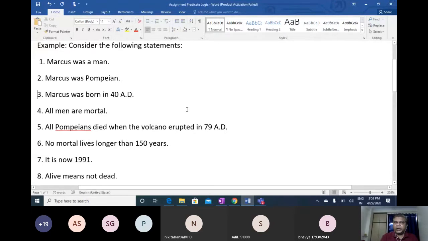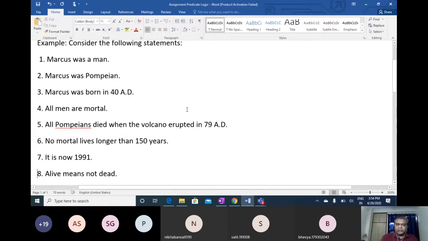Our next class will be something like a tutorial type of class where we will do this example. We will continue that class as a flipped class kind of thing. You will come prepared. Everybody will try converting all these statements. Try means you don't copy, you don't refer to the internet or book. You try yourself based on the knowledge we have acquired in the classes. These are very common statements. Please do not go back to the internet or anything.